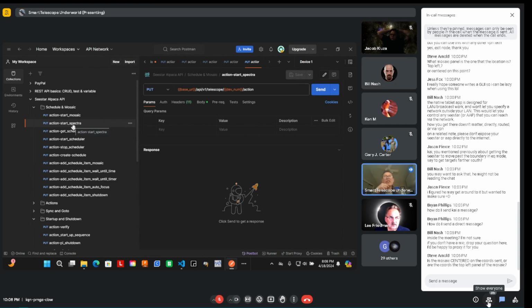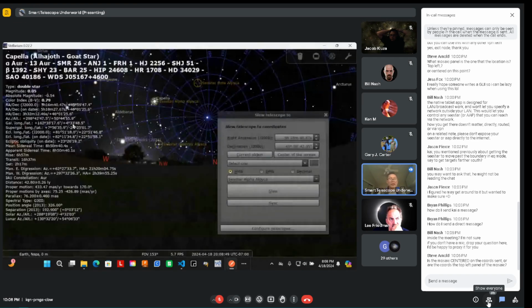It's centered on whatever location it will be centered. So the logic I wrote is that all the panels will span from the center in the RA and the Dec node. Now, one thing cool about Stellarium too is that